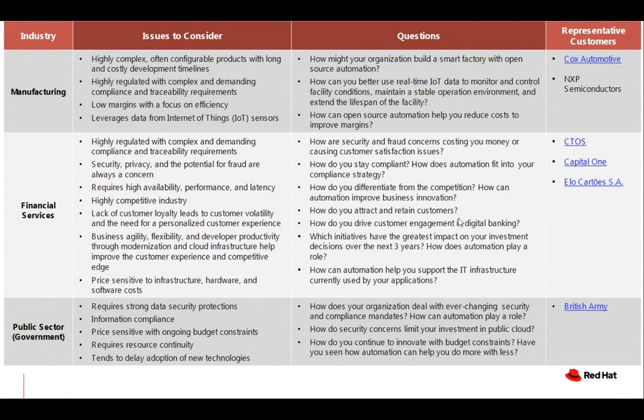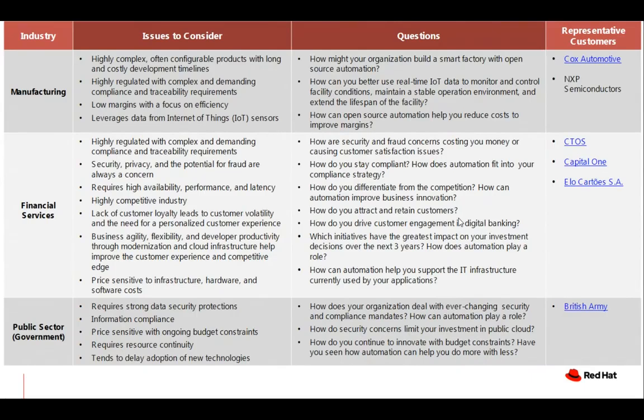In the case of the manufacturing industry, you will see that it always suffers from low margins because of its focus on efficiency, and has very high operational costs, right? So in this case, how can you leverage open source technology to bring down operational costs? Red Hat also has OpenShift IoT, where you can develop IoT solutions, base them on the OpenShift infrastructure, and provide specific solutions to this industry.